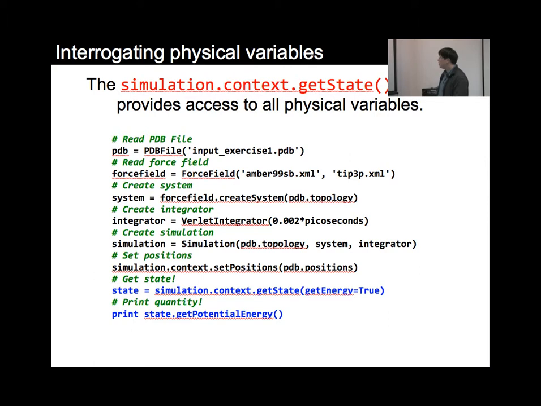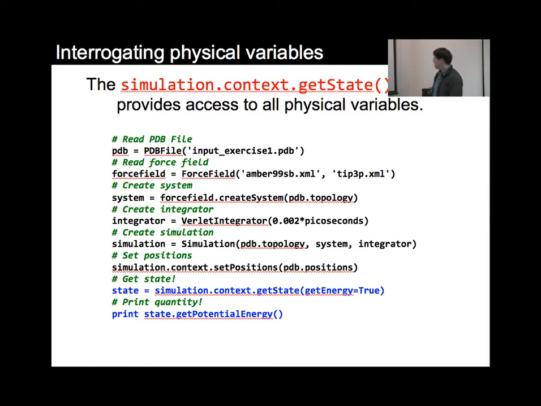So after we've created the simulation object, going through these steps, reading in the PDB file and the force field files, and I have PDB and force field objects, creating the system object by combining the force field and the PDB objects, adding an integrator and creating the simulation. Okay, now I can set the positions to reasonable values, which are the PDB positions, and I can now get the state. Getting the state might be something as simple as this, where I call